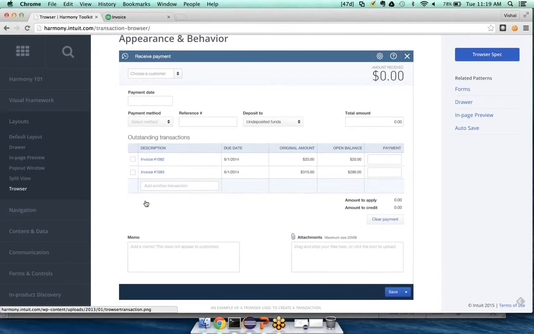And the reason that we've designed what we call the trouser, it's shorthand for transaction browser. The reason that we've described it this way is because typically our users need to be isolated when they're creating these complex transactions and they don't want a lot of distraction. So the trouser lets you perform your task,